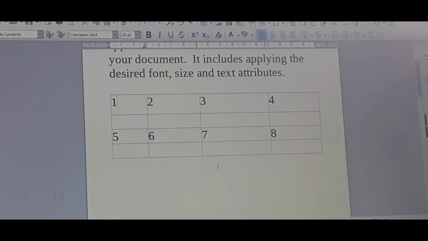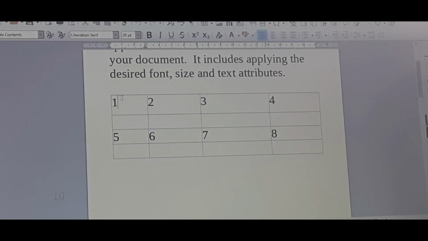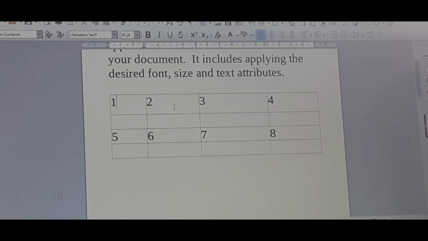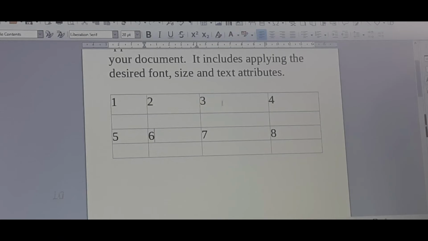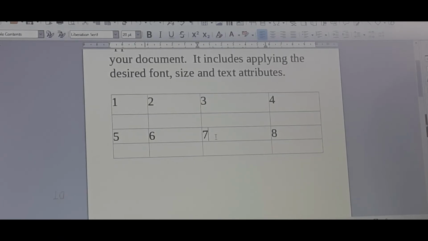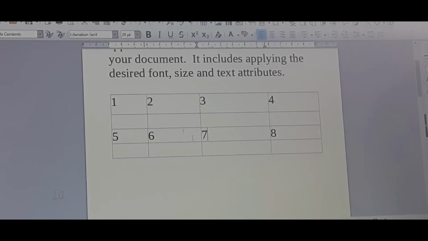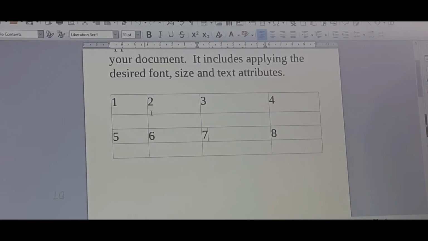If you want to move within a table, either you can use the cursor. Can you see the cursor here? If I click the cursor, it will move to 2, then 6. Like this we can move between the cells in the table. With the keyboard keys also we can move.